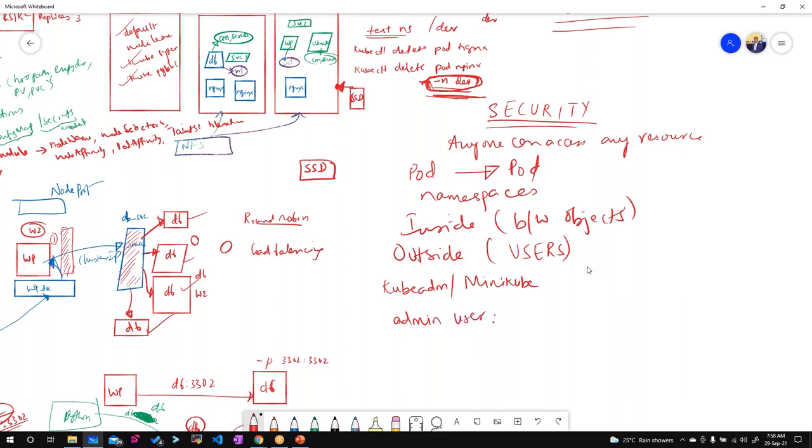So he has access to all the resources. He can create resources, update, delete, create new users, and grant them permissions. Okay, so he has cluster level admin access. For Kubernetes, we should have at least one admin user. Okay, and this is the default one, but we will not share the kube config file of this user with anyone.